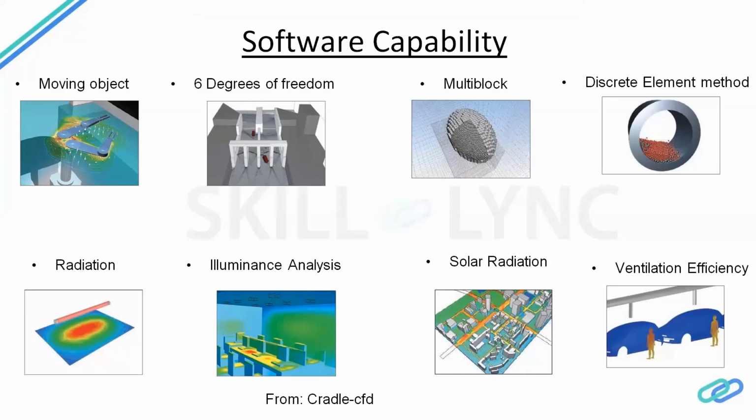It also has discrete element method, radiation, and solar radiation. The advantage of the solar radiation is that it has an inbuilt library where the handbook data has been given, the ASHRAE handbook, which is very famous for solar radiation. It gives you the geographical location as well as many other parameters, the time, the sun distance, everything can be input, and you can find out how the radiation is going to affect a particular component. For example, if you are analyzing anything related to solar cells, you can do a simulation by defining all these parameters, and you can get accurate results in this particular software.